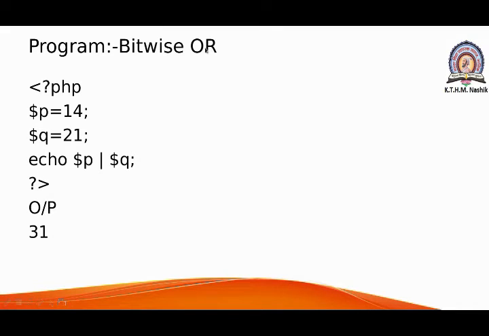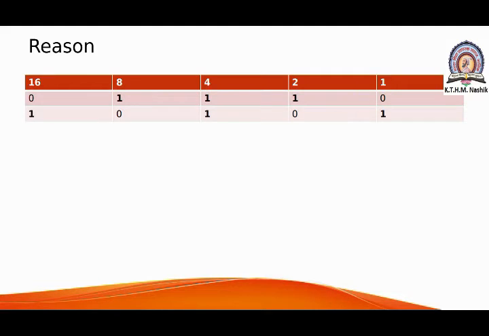Then for bitwise OR, we will see the program again. We will take the same values again here. P is a variable whose value is 14, Q is a variable whose value is 21. Again here with the display statement, echo $P bitwise OR $Q, and we have to take the value of these variables. So remember that here again we have to write the bitwise value of 14 and 21. So here again in 8, 4, 2 we have to mention 1, that means it becomes 14, and for 21 in 16, in 4 and in 1 we have to mention 1, otherwise 0 bits. So it will become the 21 value.